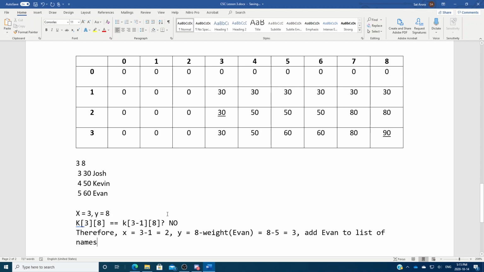Wait, does this mean that if we want to backtrack, we need the N by W memory? Unfortunately, yes. I'll never give you a problem where you need O of W memory and you need to backtrack. I don't think there's a way to do both unless you use some really weird method, but I will never ask you that. So now we're at